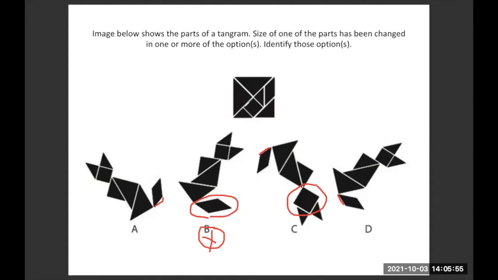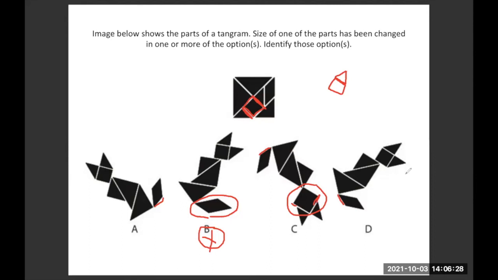If you look at the proportion of the square that is given here, the square and the triangle are related. The edge of the square and the triangle is the same. So the triangle will fit exactly like this, because they share the same edge. This edge is shared between the triangle and the square. In this case, if you see, the square is bigger, a little bigger, from here and from here. That's why option C is wrong.